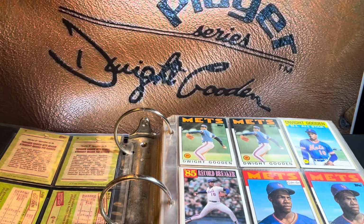And I want you to look in front of you there on the screen. It's a Dwight Gooden facsimile autograph. None of these cards, by the way, have facsimile autographs. It just was not a thing that happened in the 80s, which I guess Topps or Donruss or Fleer didn't think it was that important. But my baseball glove had a Dwight Gooden facsimile autograph, and it was beautiful. Look at that. This is a representation of it. I don't have the glove anymore. But there it is,